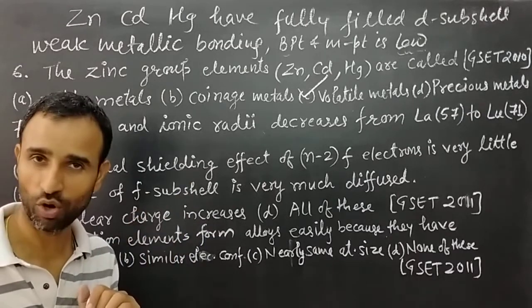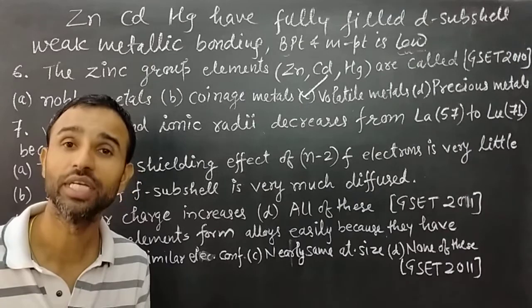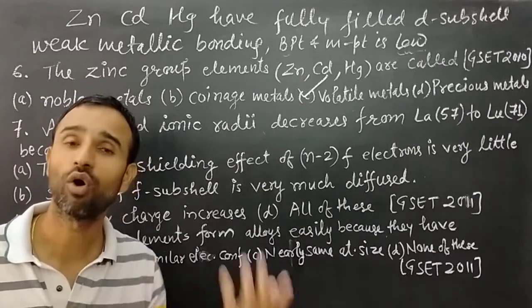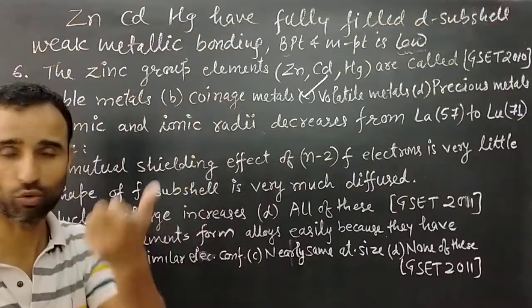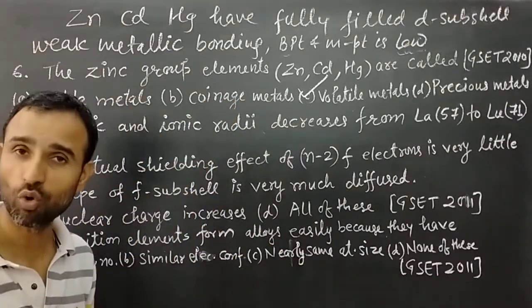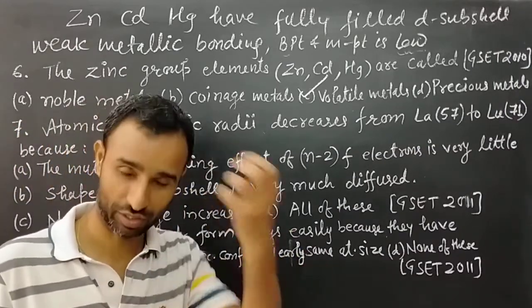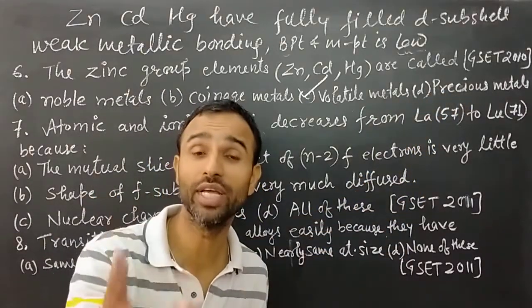Group 11 elements are all coinage metals, even platinum, palladium, iridium and osmium. These are all noble metals. And iridium is used in